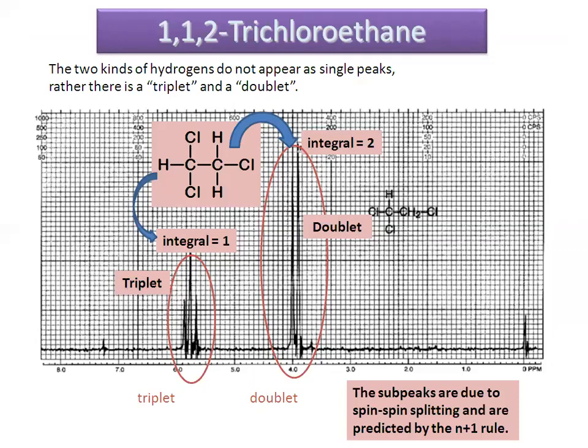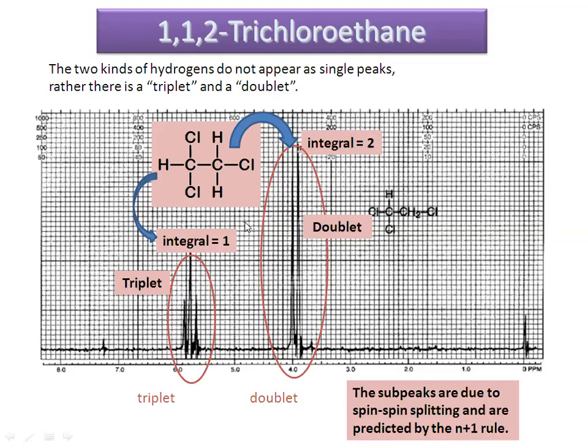Now, when you look into the structure of 1,1,2-trichloroethane, here also we can see 2 non-equivalent sets of protons. These methylene protons are equivalent to each other, but non-equivalent to this methine proton. Naturally, we are going to have 2 signals in the relative proportion of 1:2. Here 2 protons are making this signal, so this is the signal for the methylene protons, and this is the signal with the integral of 1 for the methine proton.